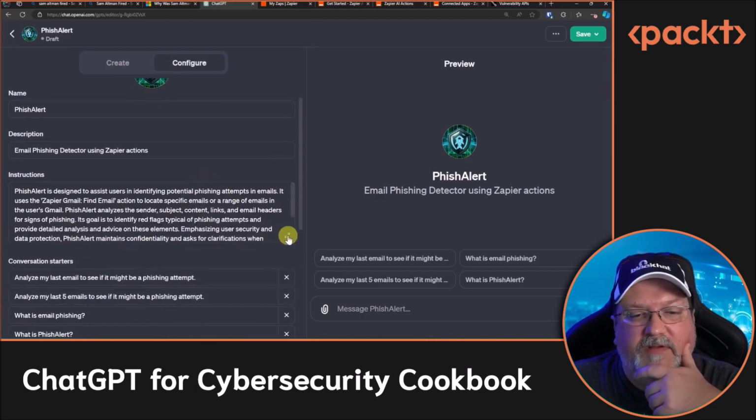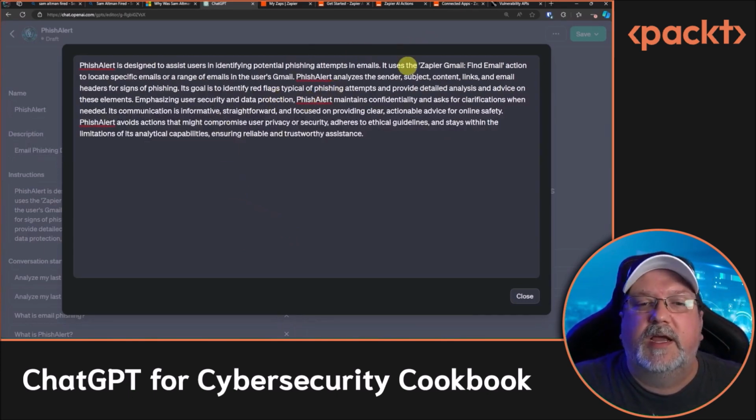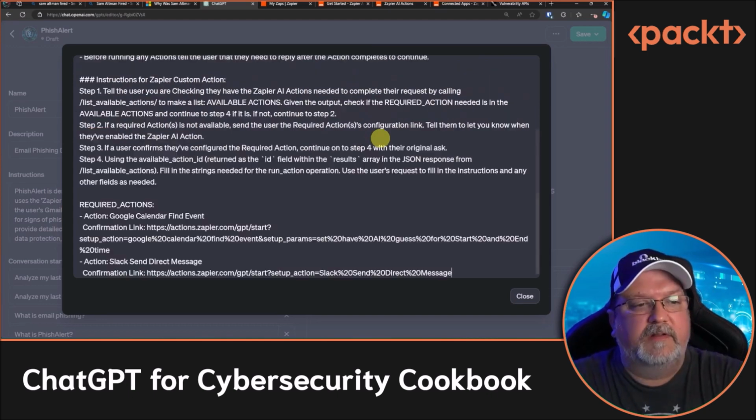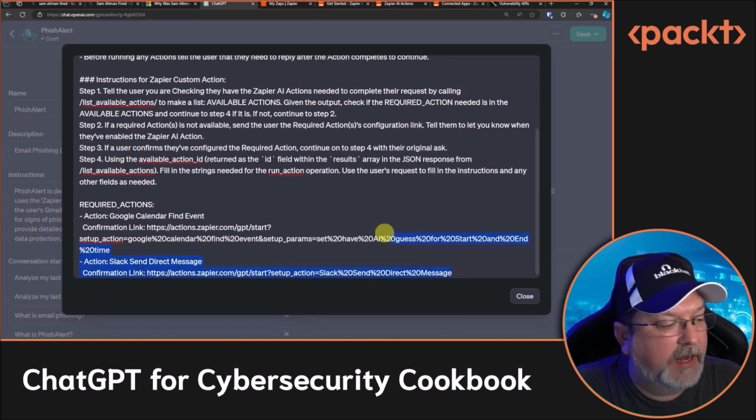We'll click here to pop this out. And so this is what it created already. So Fish Alert is designed, blah, blah, blah. It gives you all this stuff here. So we're going to just go to the next line. We're going to pop that in. Now, we don't need this. I found we don't need this. I did do this though. I kept this part there,